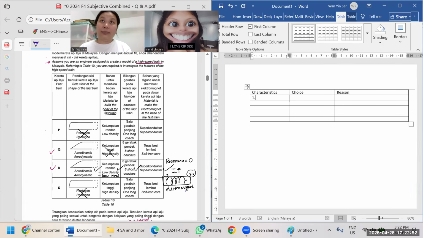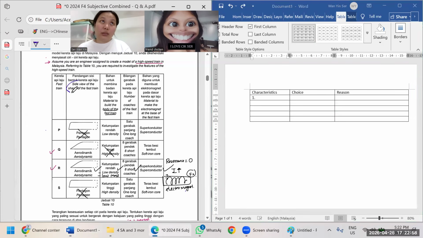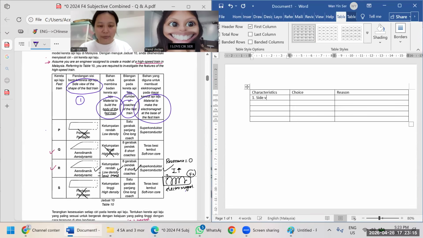Then number 1. What are we going to write? Number 1, copy this in number 1. Copy this in number 2. Copy this in number 3. Copy this material in number 4. Okay. So we say it's a side view of the shape